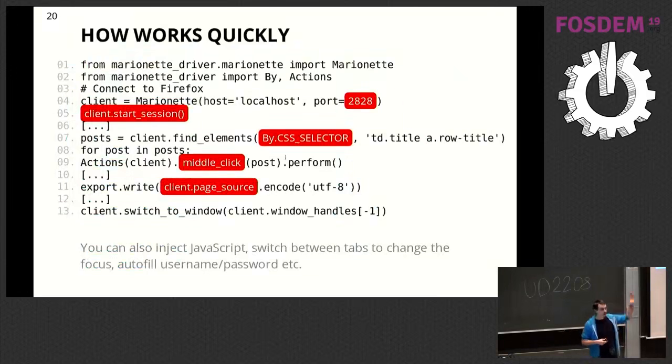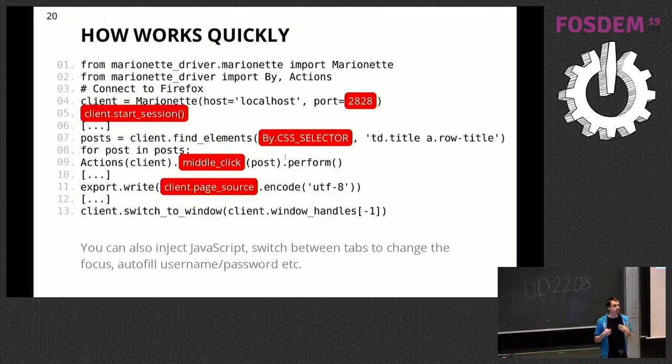We have the connection, we import the library, we start the session with Firefox, we use CSS selectors, we pick all the titles in the page, we do a loop, and for each one we open a new tab, middle-clicking in Firefox, which in Chrome is a way to open the link in a new tab, so I don't change the page. I open the page in another tab, write the HTML of that page,